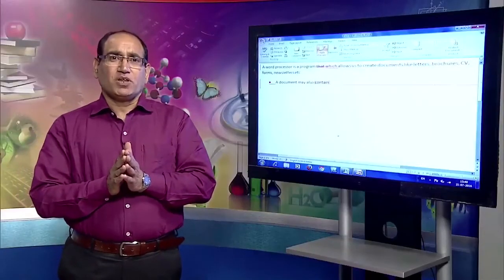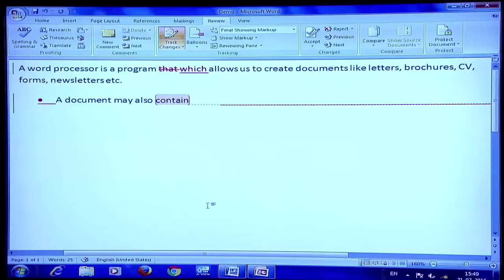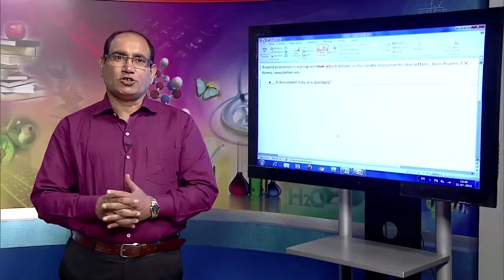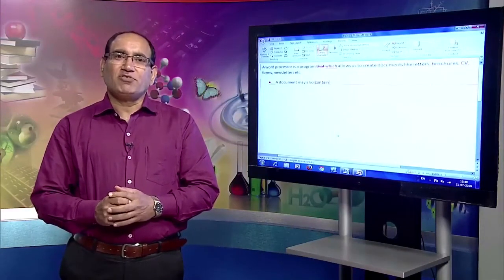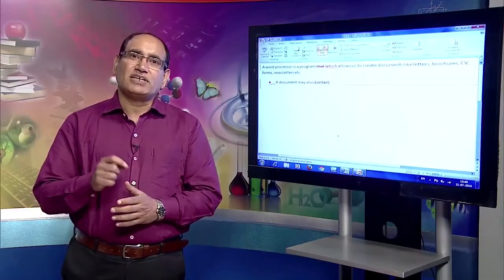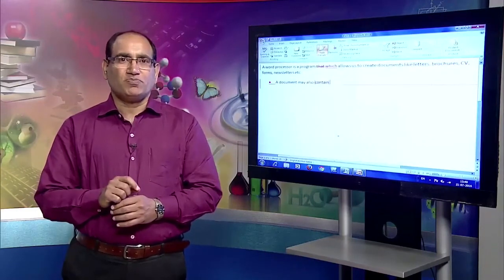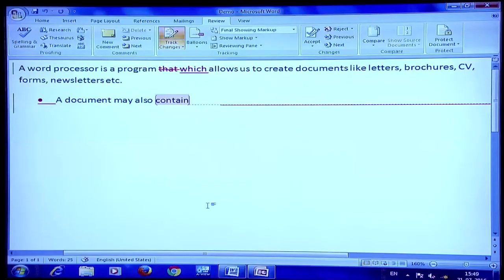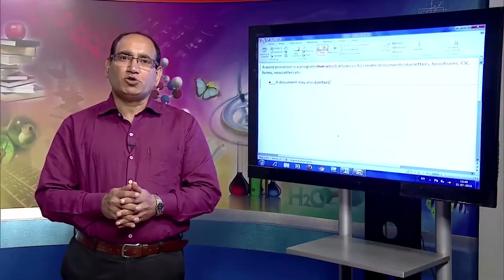What happens is, whenever I write some document, the document may contain some errors, there may be something which can be improved. I want to give this document to someone else for editing, and that person edits the document. If I cannot see what changes have been made in the document, then it is very difficult for me to see what corrections have been made, whether I want to keep those corrections or not. And if track changes has been done there, it tracks the changes which have been made, and then it is up to me whether I want to accept those changes or not.